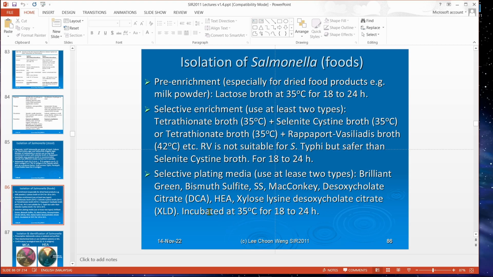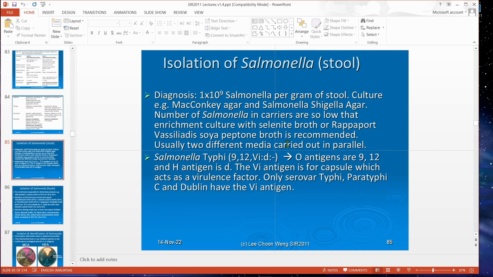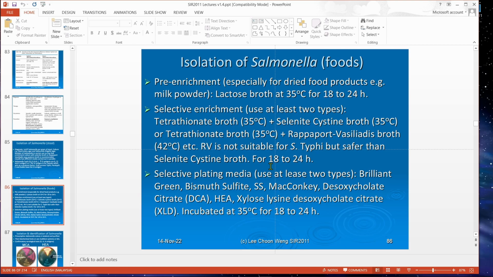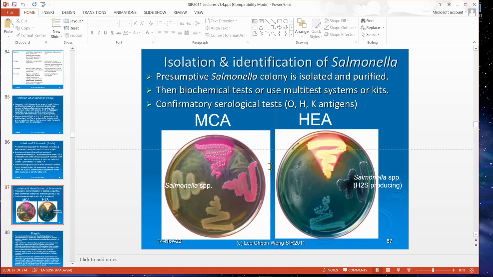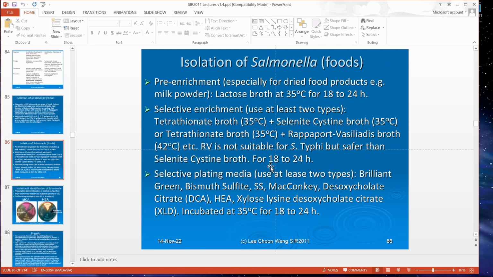Okay? There are different types of selective and differential media. So if it's clinical samples, after you obtain presumptive salmonella, you have to do serology, serotyping. For food samples, you have to carry out biochemical testing